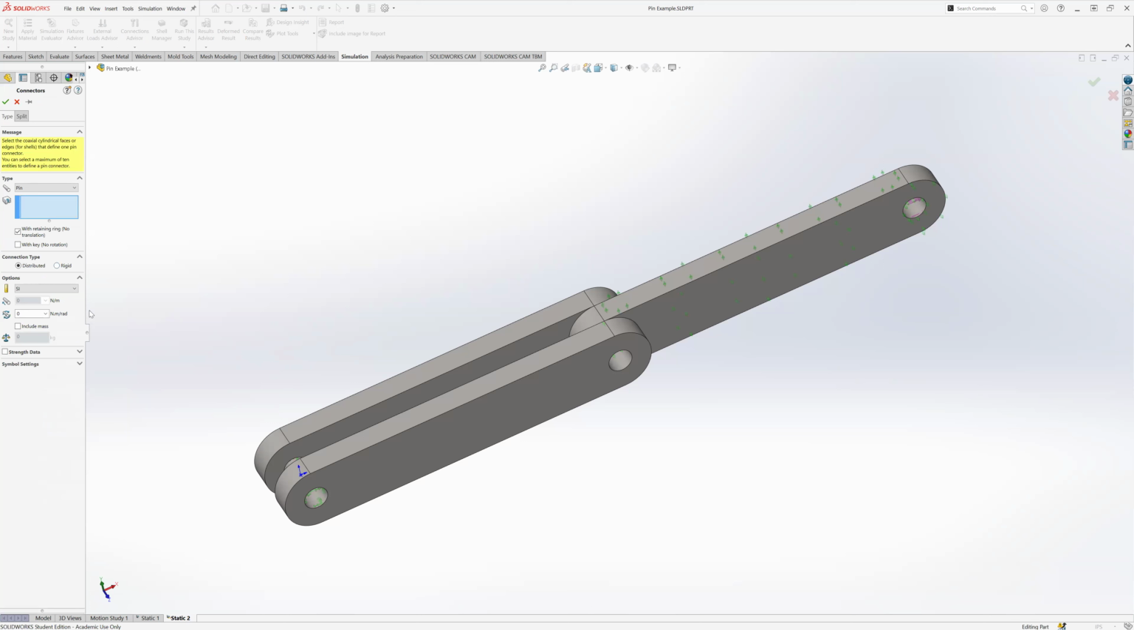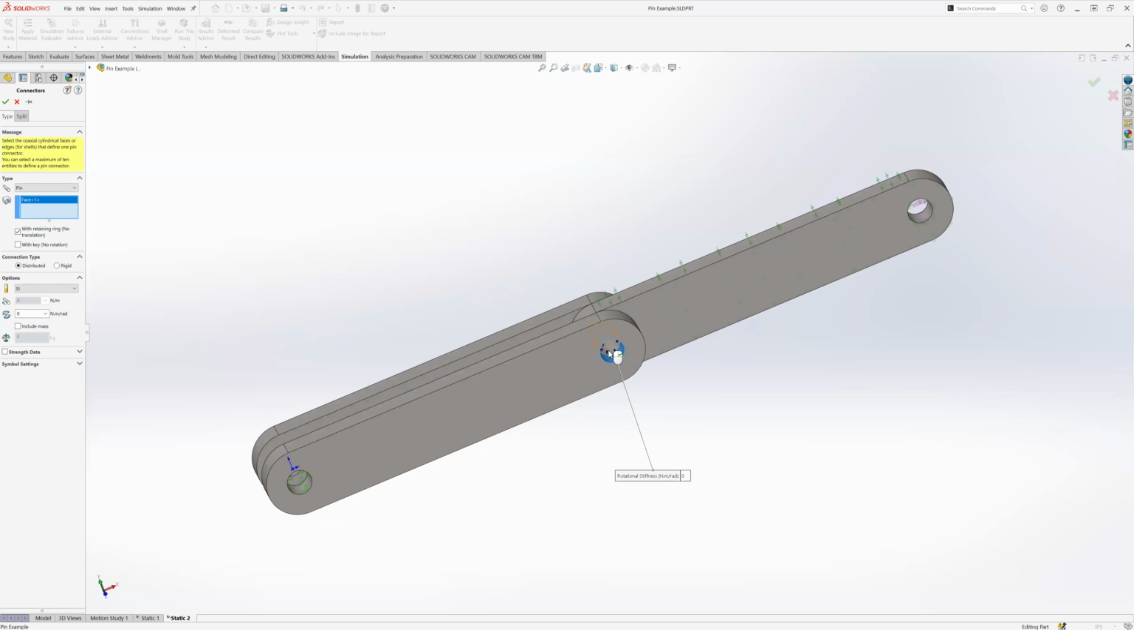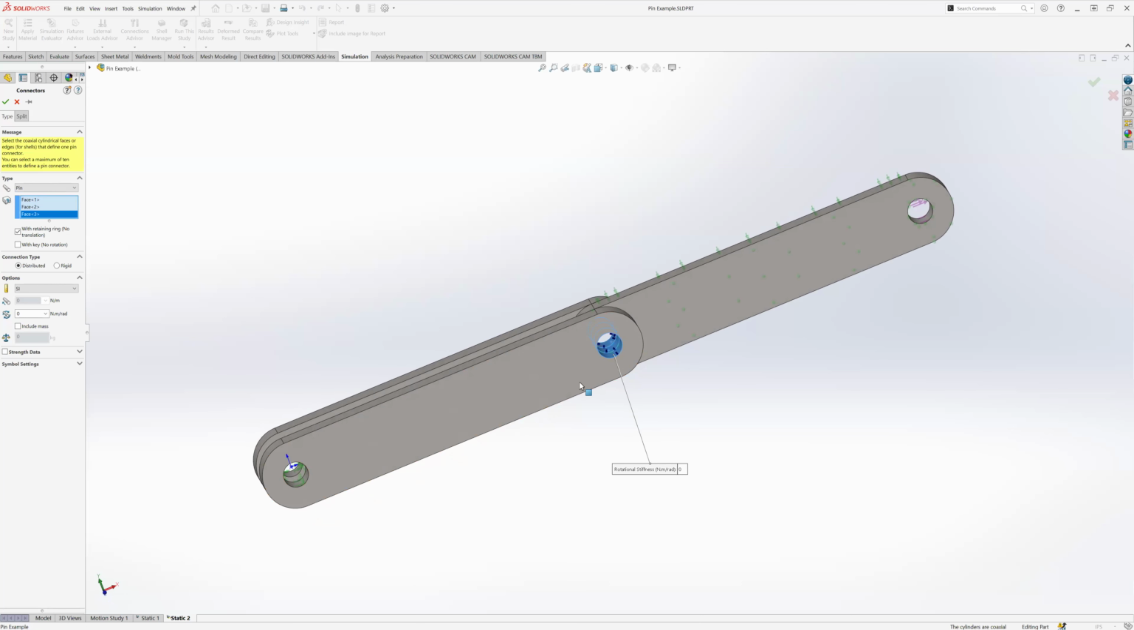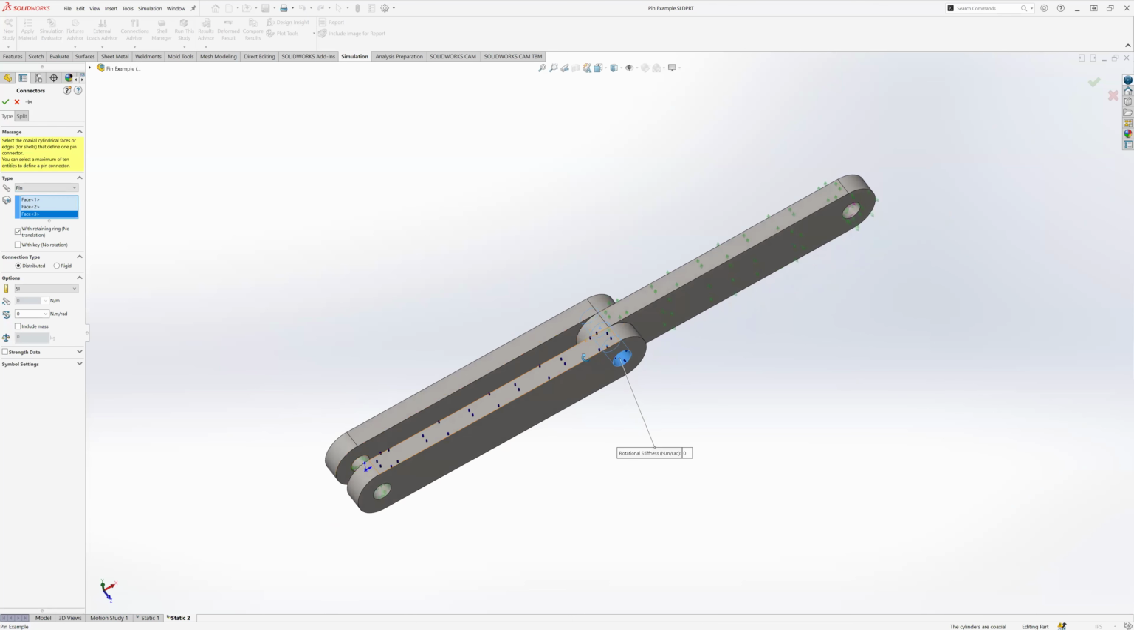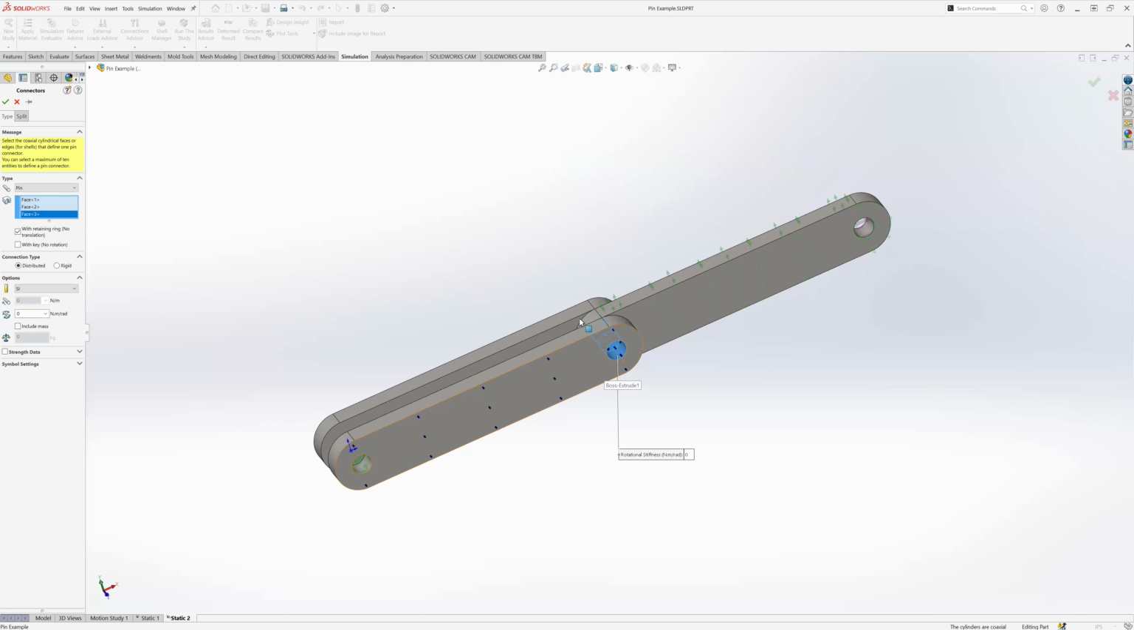So what you can do here, when we're going here on cylindrical faces or edges, you literally just select the faces that the pin is passing through. There are also some other options here with retaining ring, no translation. That means the pin won't be able to translate apart. So think of it as a pin that has a retaining ring on either side here. That's a nice way to do it,